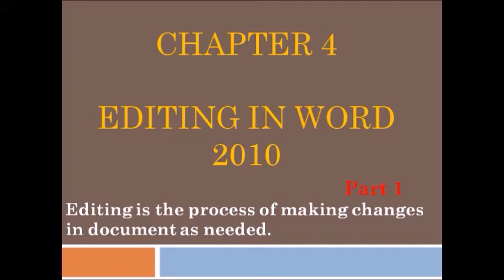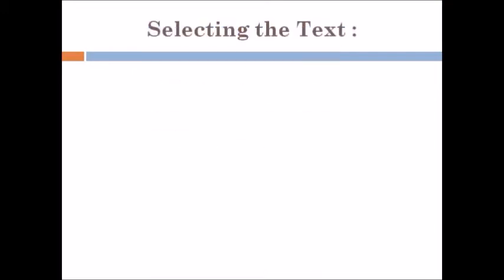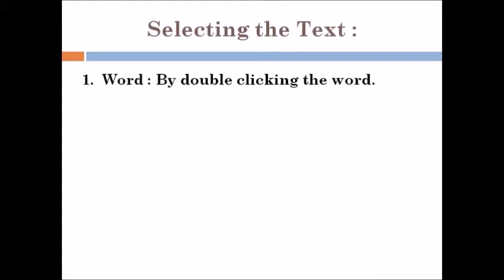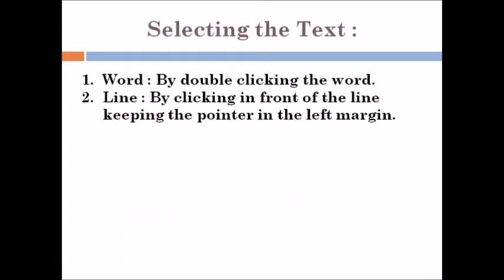First, selecting the text. To perform editing in a Word document, we need to select the block of text on which the feature is to be used. This text block can be a word, a line, a sentence, a paragraph or the entire document also. Word offers shortcuts to select them quickly. First, the word: by double clicking on that word we can select the text easily.